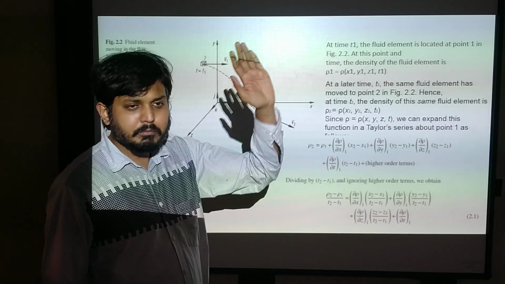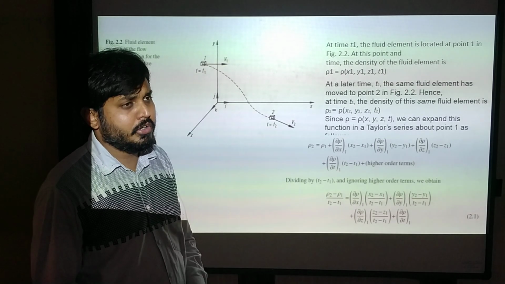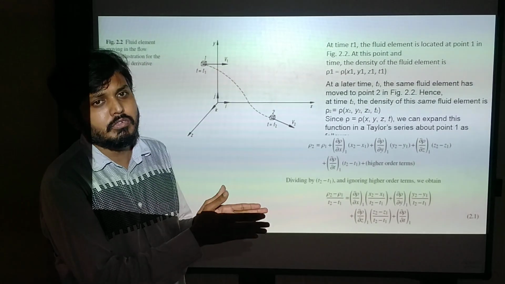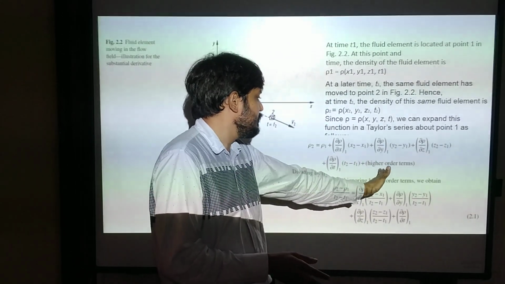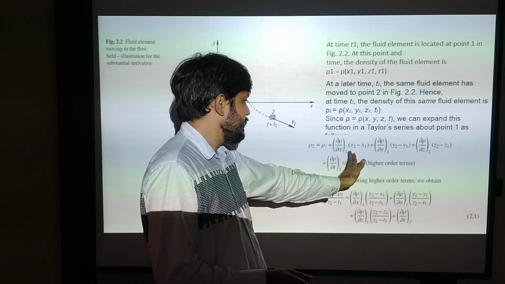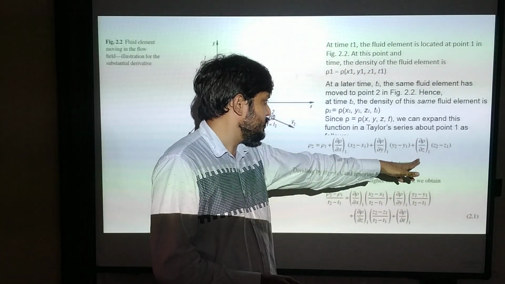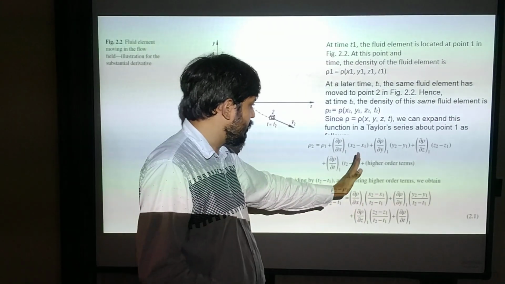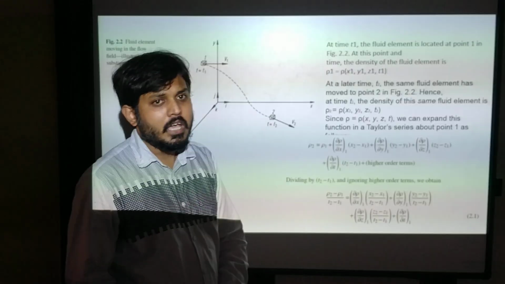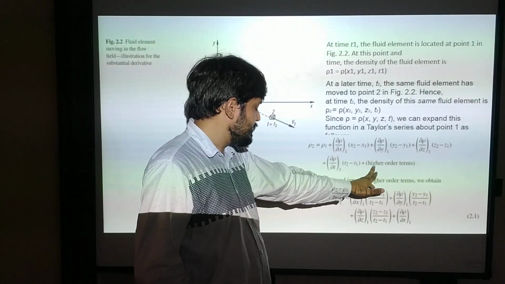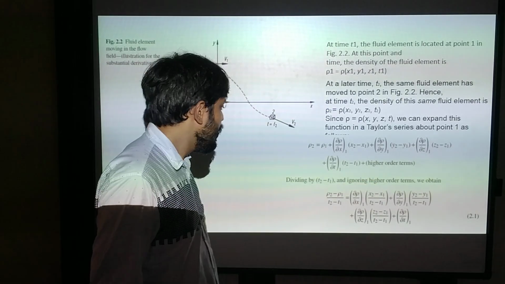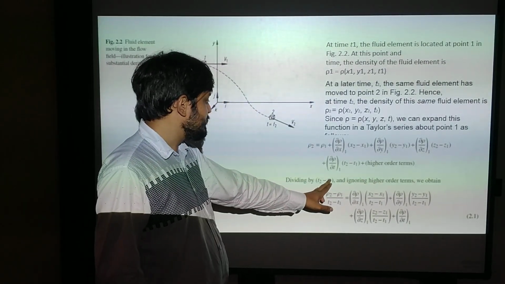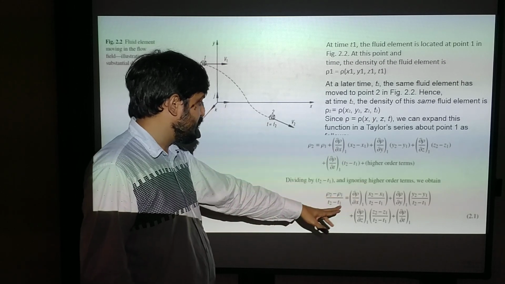So infinitely there will be change, or in a very small range it will be very small. So that's why we neglect it, and this will be considered as a higher order term. So in y direction also, z and time also. That's why we neglect all these higher order terms, and this creates one type of error, that is nothing but your truncation error. Okay, so if we divide by t2 minus t1 with this complete equation,